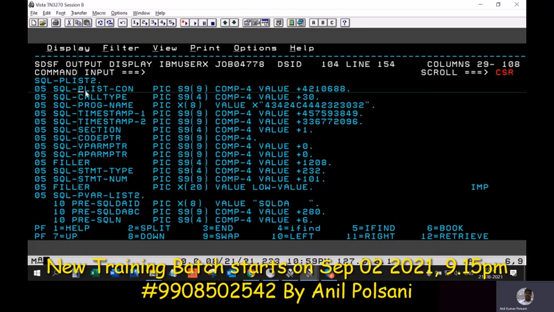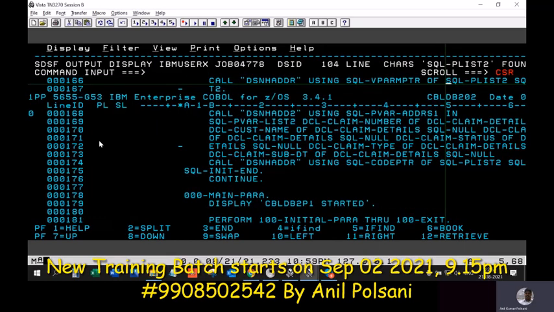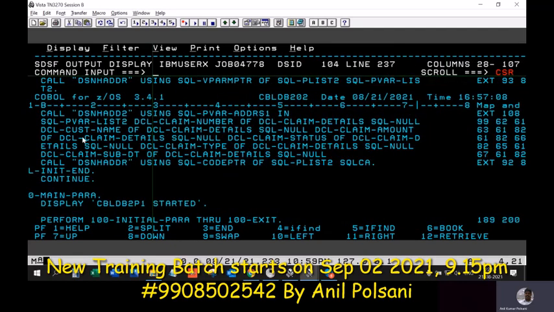What is the plist part, call type, what is the program name, what is the timestamp it is running. All these are maintained by the system process only. We don't need to do anything here. The calls have been replaced, and the system has captured the column names and host variable names together here.